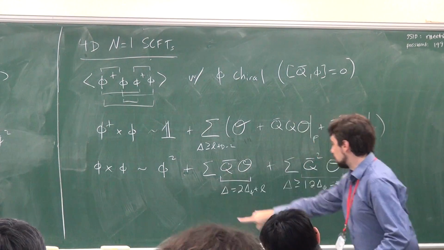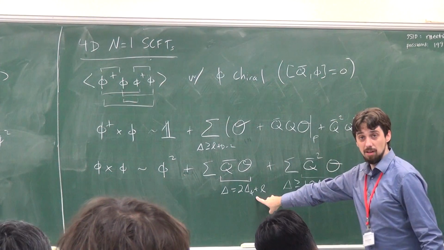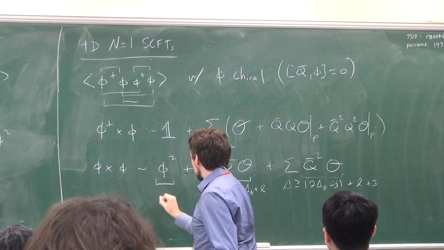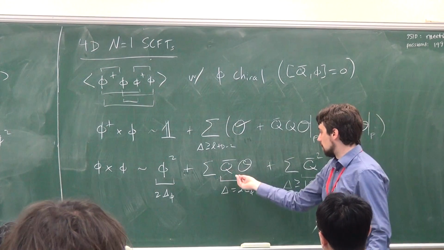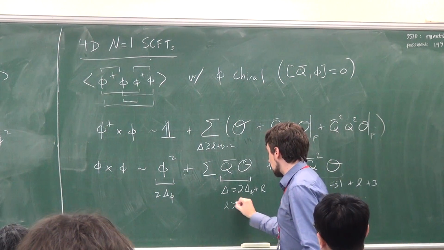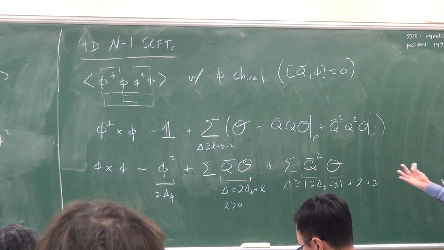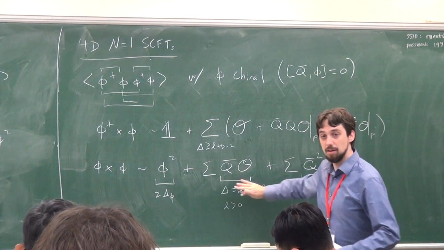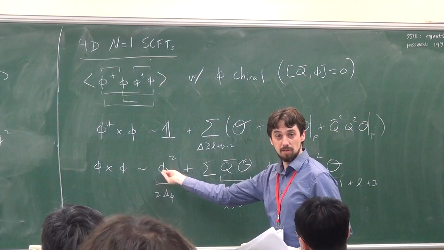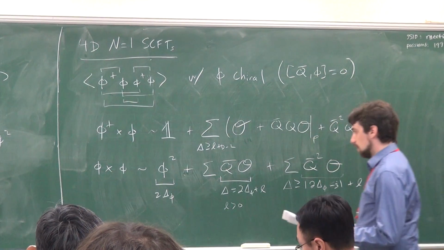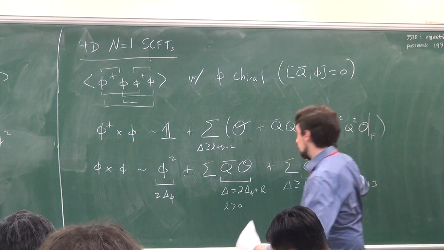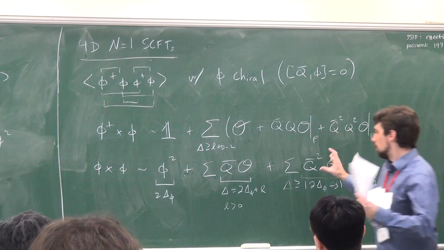The dimension of this object is 2 delta phi plus L. I should say the dimension of this object is 2 delta phi. And these types of operators only exist for L greater than 0. So there's a sense in which these are higher spin extensions of phi squared. So this is the general form of the phi-phi OPE. If you want to rigorously